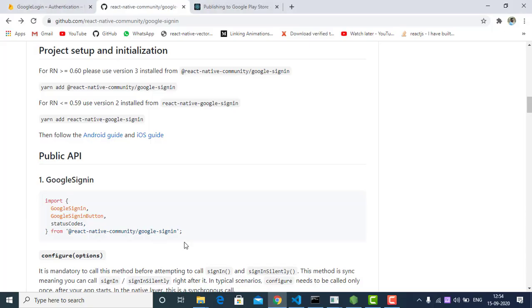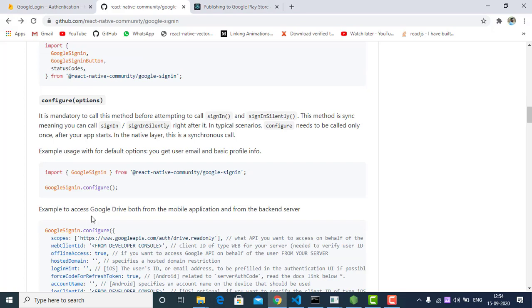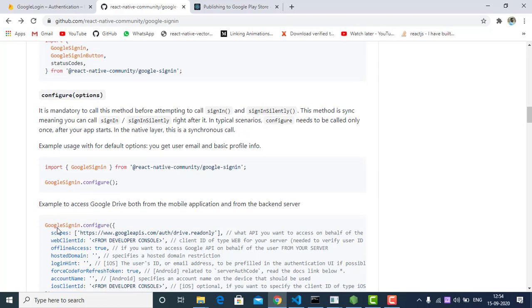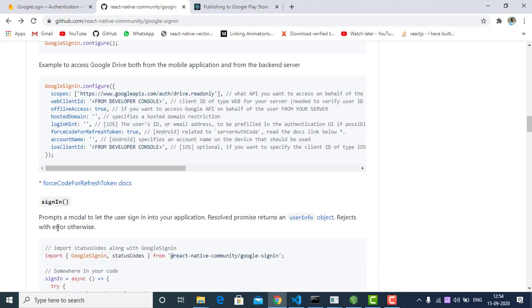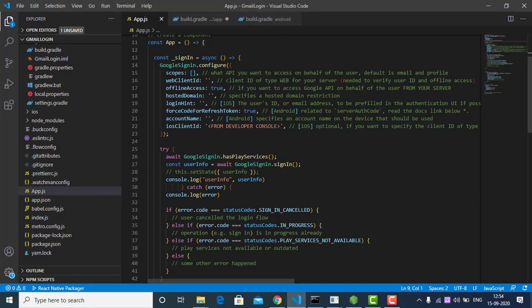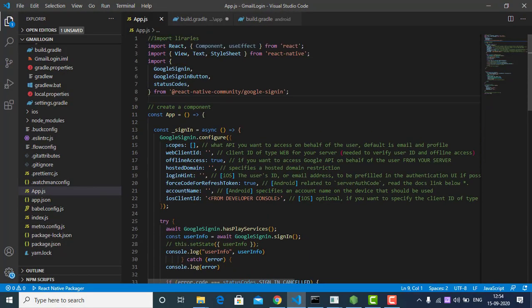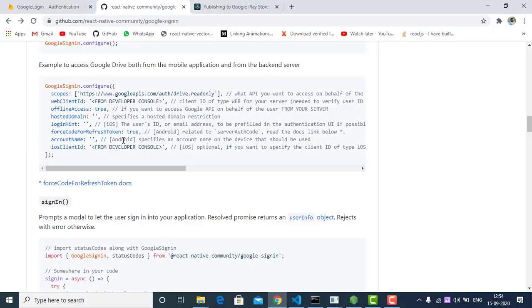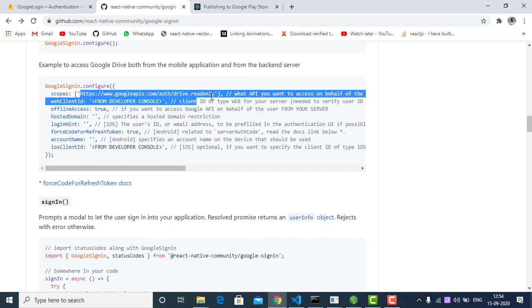So if you go to the documentation, you can see exactly the same here. First we need a Google sign in configuration, then the try catch. So in the sign in method, what we need here is a scope, it's blank, and you can see over here there is a string. And if you want any kind of permission like Drive, Google Photos, then you have to enter that path over here.